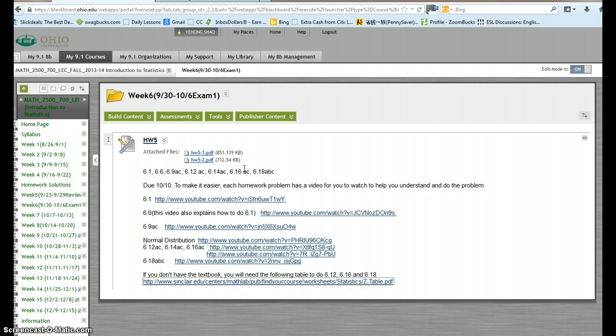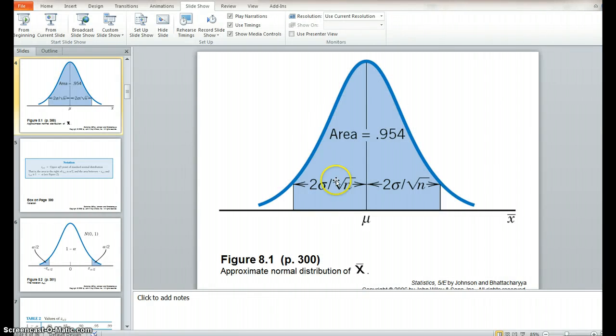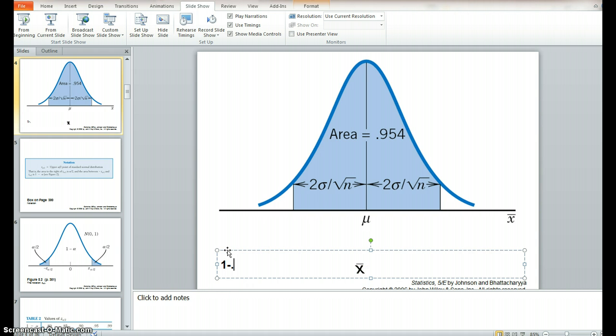So we look at the table. We know the area is 0.954, which is right from here to here. The total area under the curve is 1, so we do a calculation here: 1 minus 0.954 equals